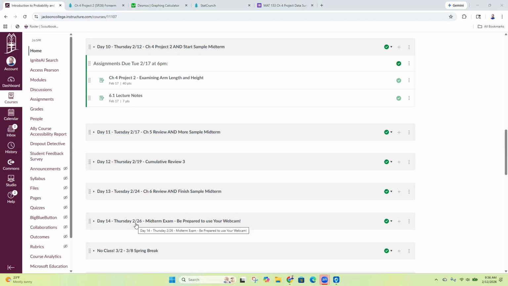Okay. If you take it at the testing center, you have as much time as you want. When you come to the testing center, as long as they're open, so if you show up at 1 o'clock on Wednesday the 25th, you have until 6 o'clock when they close. So that's 5 hours, plenty of time, more than enough time. You don't need that much time. But if you need extra time, I strongly recommend taking it at the testing center. You do not need an appointment unless you're doing it on Friday. Technically you don't need an appointment on Friday. It's just I would strongly recommend it. But you don't need an appointment. You just walk in,